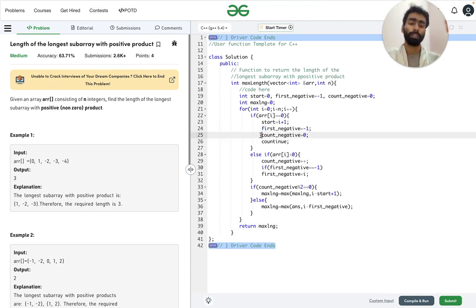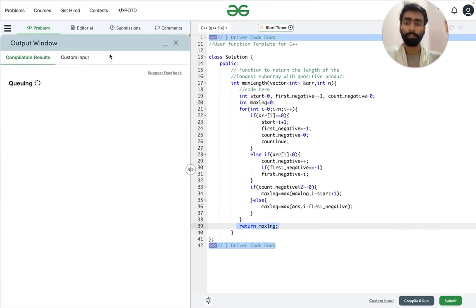Here we kept the count of negatives, here we kept the first negative value which may make the whole product negative, and here we kept the start index, and this i index is the end index which we are incrementing upon every iteration, and this max length is the length of the maximum length subarray. So in case we are not getting any positive product, then in that case it will return 0.